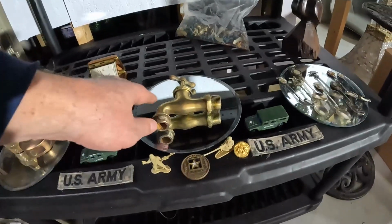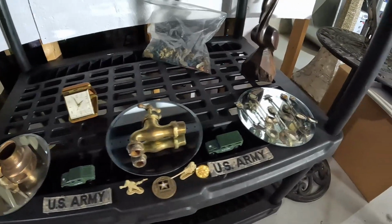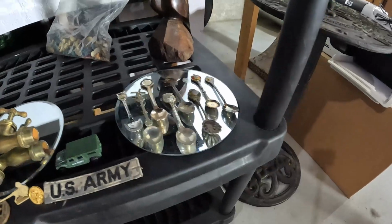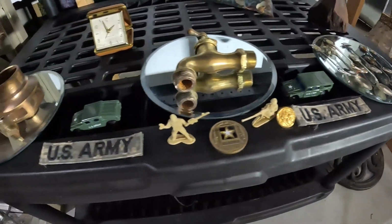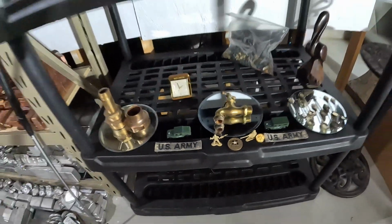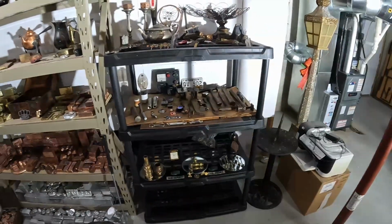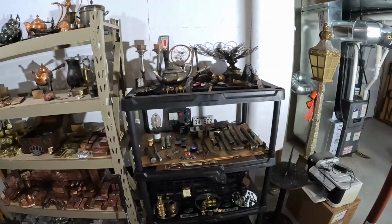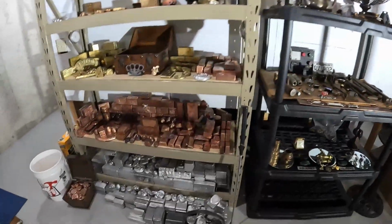This was really dingy at one time. I put the wire wheel on it and cleaned that all up. Those are more spoons that I had found. Of course, the army stuff. Oh, I got some locks upstairs too that I can add to that. But anyway, that's what I find interesting. So I'm saving that stuff. I'm not sure it makes sense to do it, but